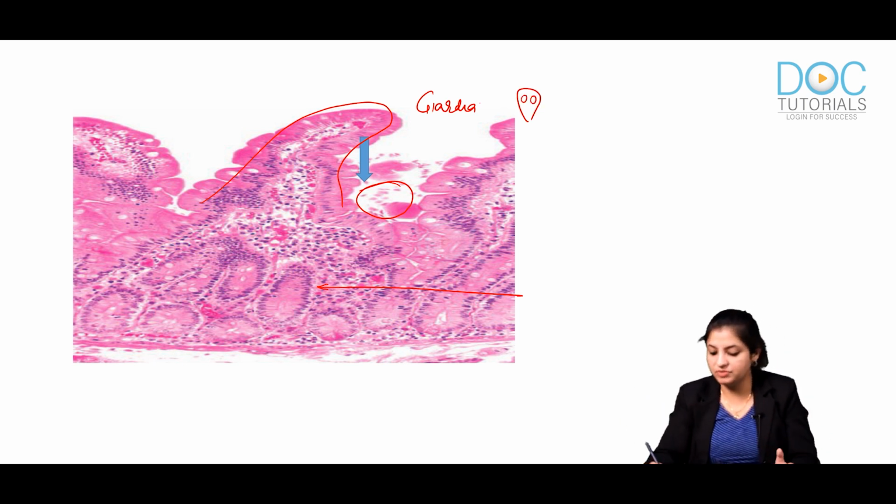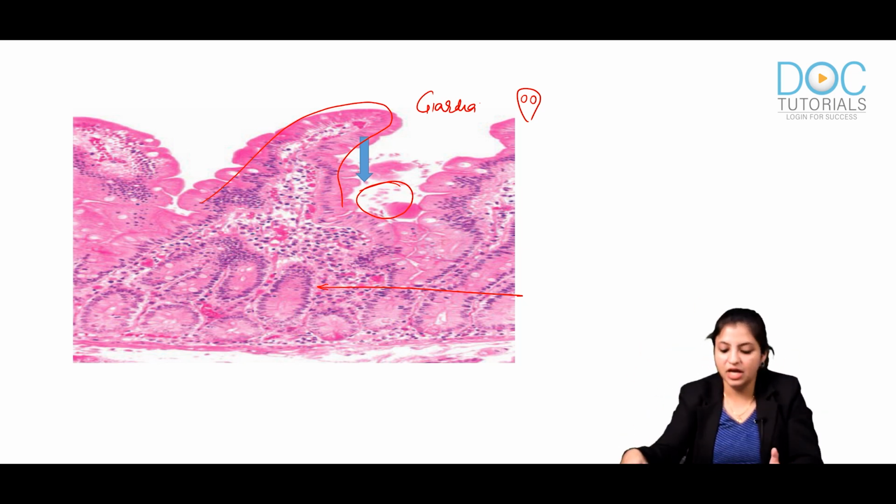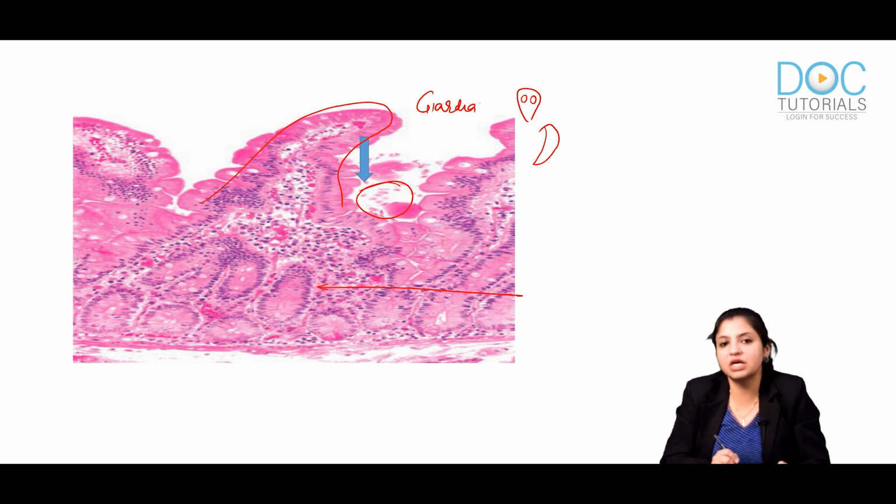So remember, Giardia is actually pear shaped, but when it comes in the biopsy, it usually folds upon itself. When they fold upon themselves, they start appearing like a sickle. So that's the clue to pick them up. Whenever you start seeing sickle-like structures over the top of the villi, that should make you think